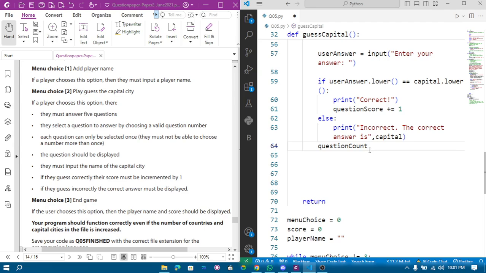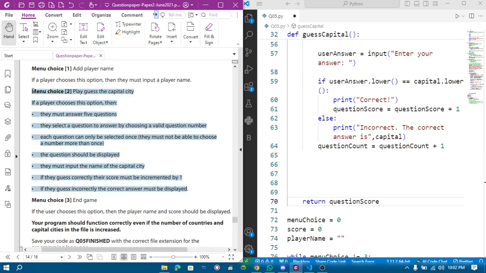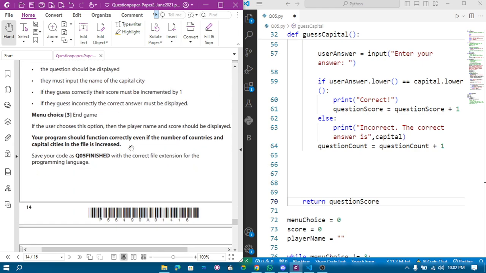So question count equal to question count plus 1. You can do one thing here if you don't understand this part. So question score plus 1, this is the thing, and then here it should return the question score. So where it is question score, it should return the question score. That's it. So this part is done. It was not that difficult, right? But if you don't understand, let me know in the comment box. Okay,